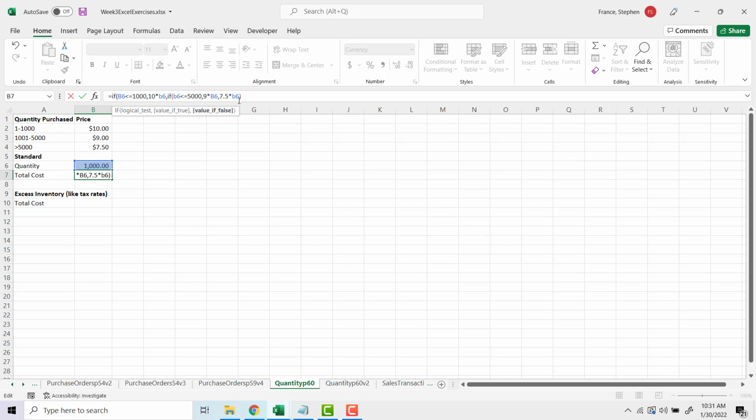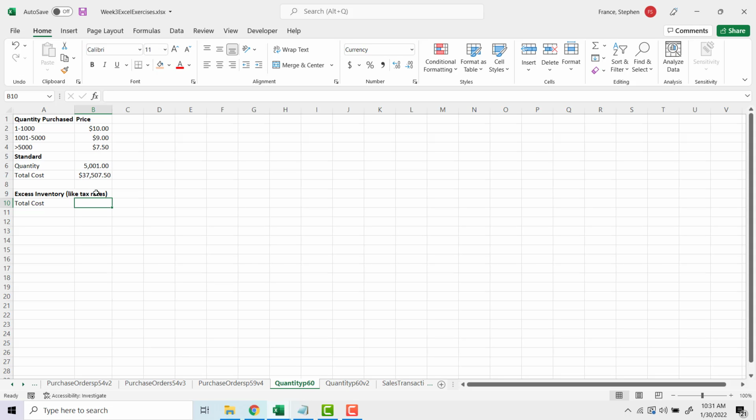So we actually need two end brackets because we've got two nested ifs here. And so we've got 1,000, then we're going to have a total cost of 10,000. But let's just see if we get 1,001. Then you see the cost drops because now we're being charged $9 each. So let's just say we had 5,000. Then we actually have a total cost of 45,000, $9 each, but let's just go to 5,001. And it's $7.50 times 5,001, which is